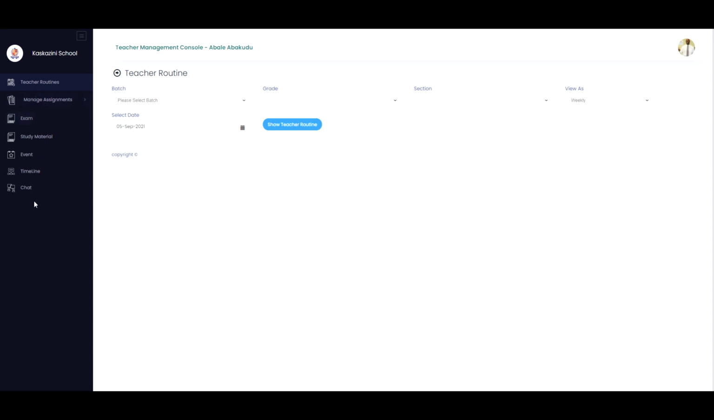Now I shall explain them briefly, each of them, because we shall be looking at them in detail in later tutorials. Now, the teacher routine is simply your timetable as a teacher. What are you going to teach during the week? It's actually going to be displayed as a timetable. So briefly looking at it,